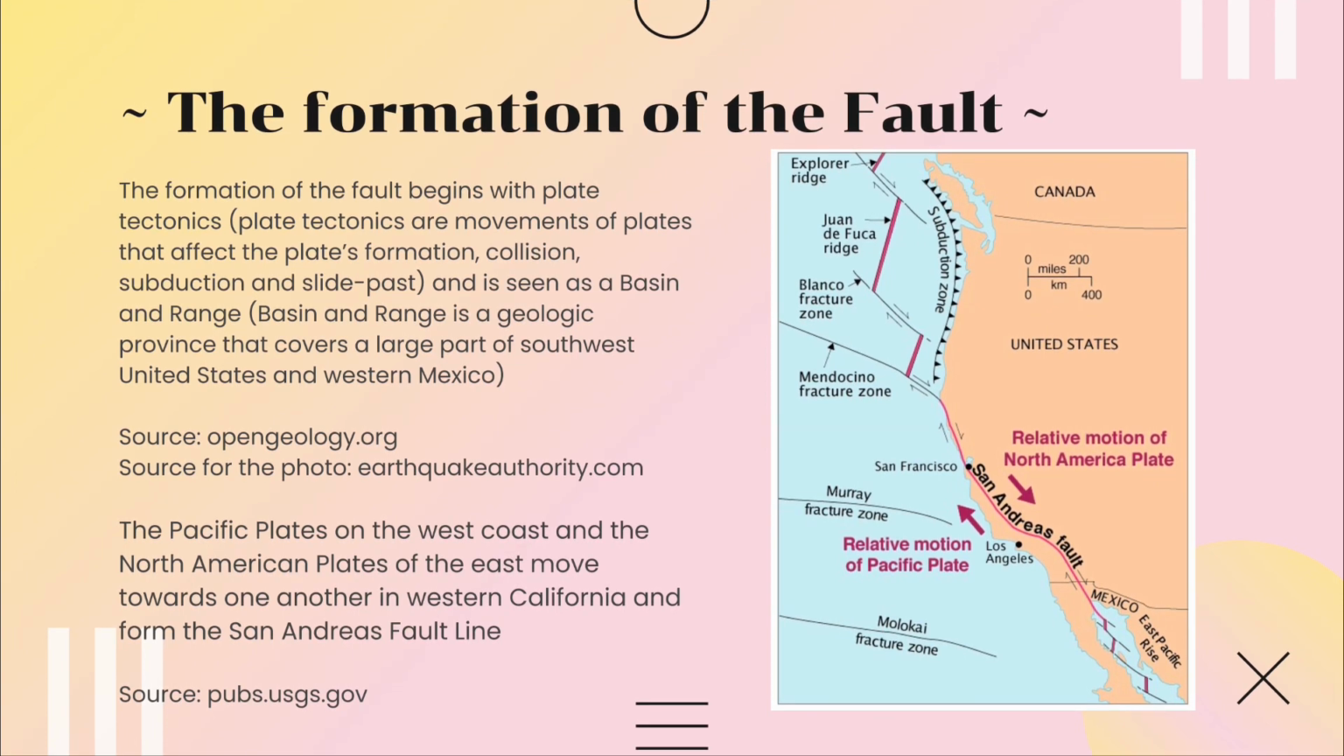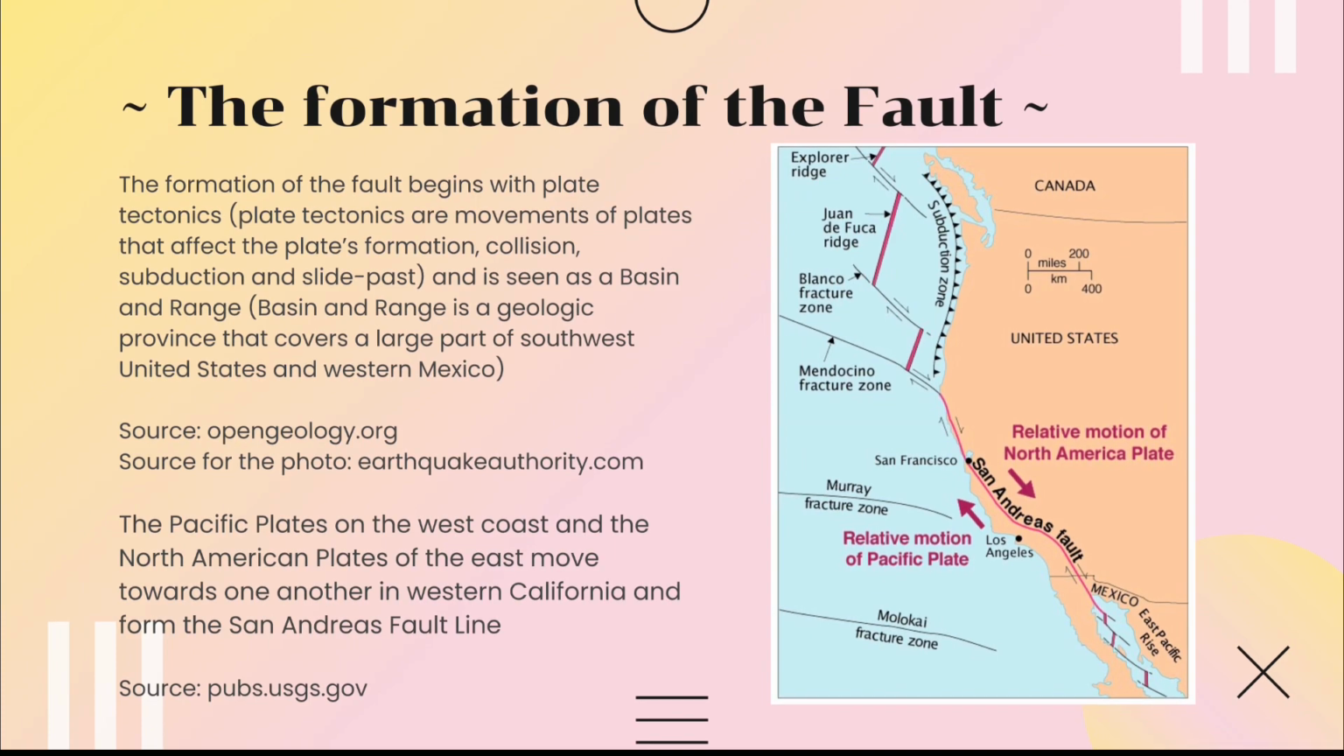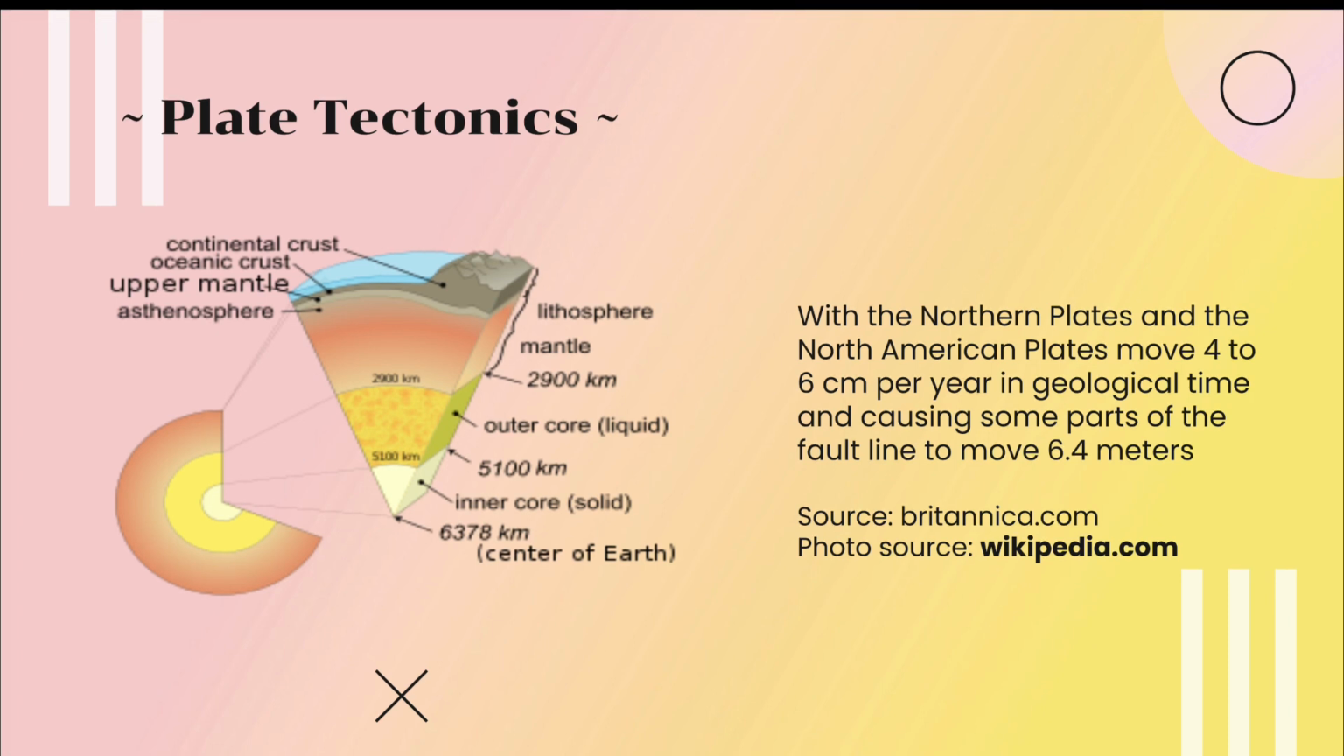The formation of the fault is determined by tectonic plates, basin, and range. Plate tectonics is the movement of plates that can affect their overall formation, collision, subduction, and slide past. In reference to the fault, however, both North American and Pacific plates move up to 4 to 6 centimeters per year